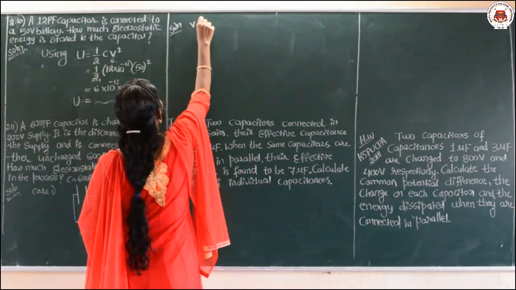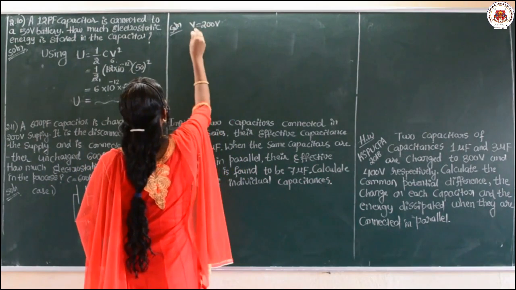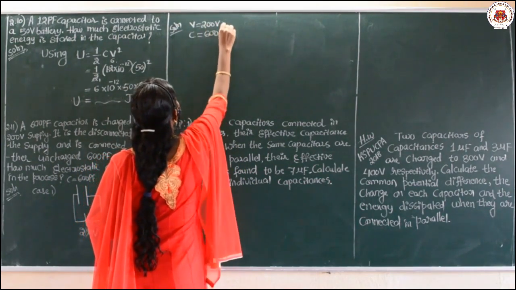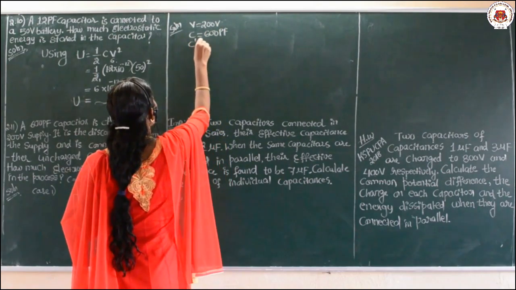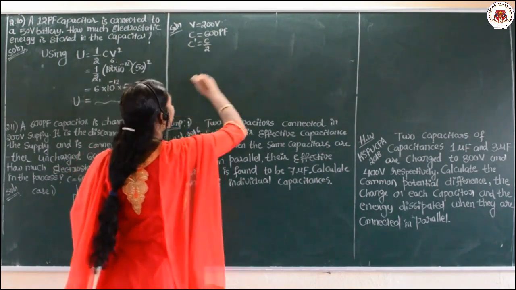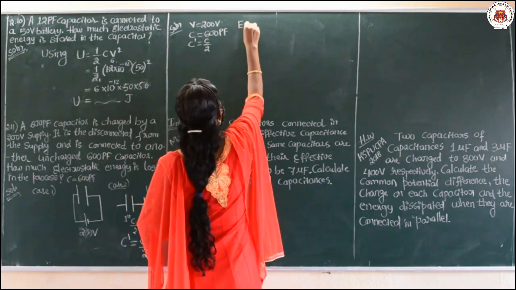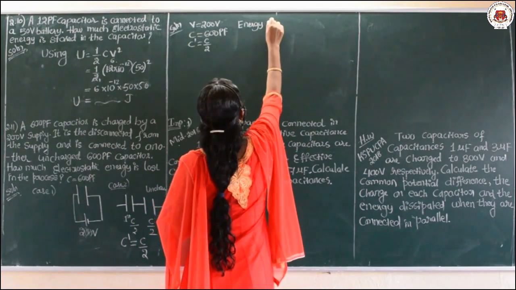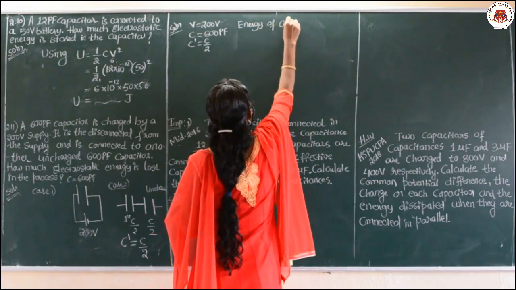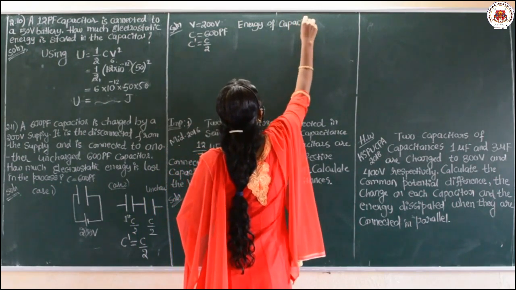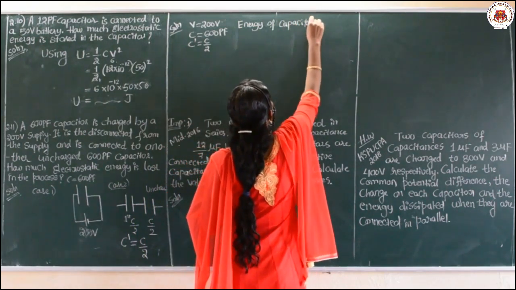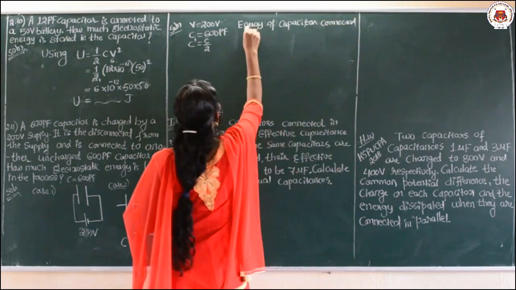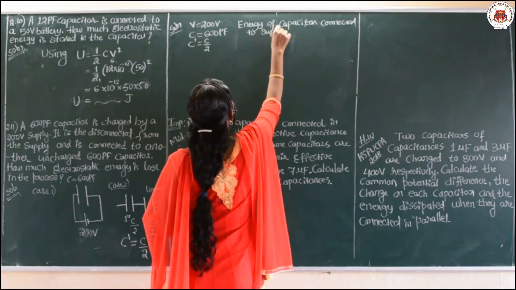Here the voltage is given, that is 200 volt, and the capacitance, see dear children, both are 600 picofarad only. And we know that C dash is equal to C by 2. Then the energy of the capacitor connected to the battery, connected to the supply, is